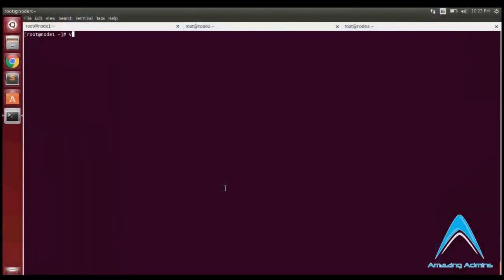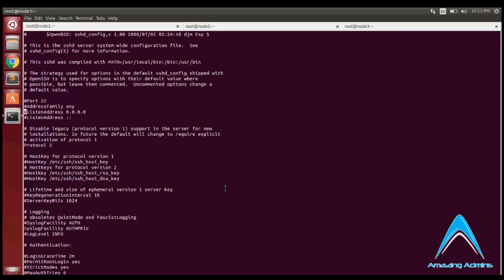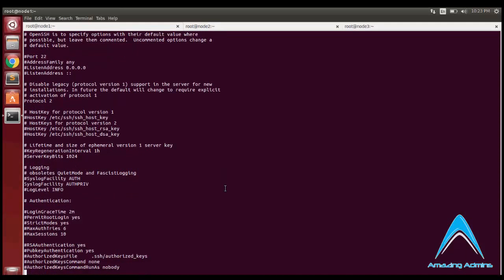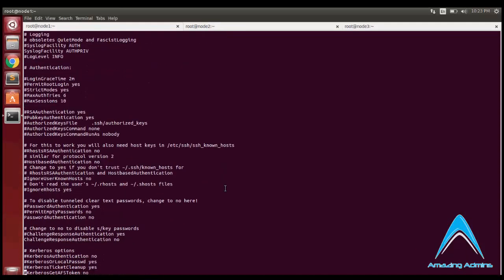So today we'll start by enabling the password login for SSH. So I'll go into the SSHD config of the system. And as you can see below, there are two lines.